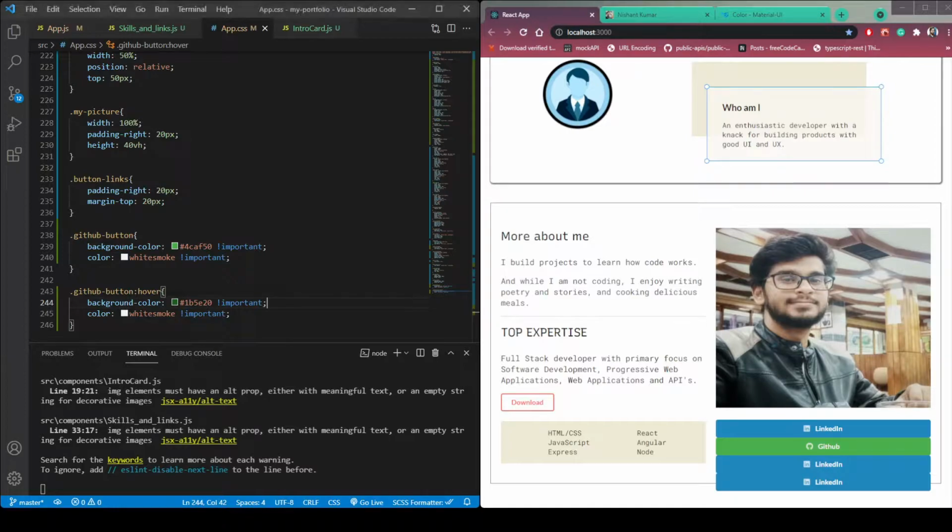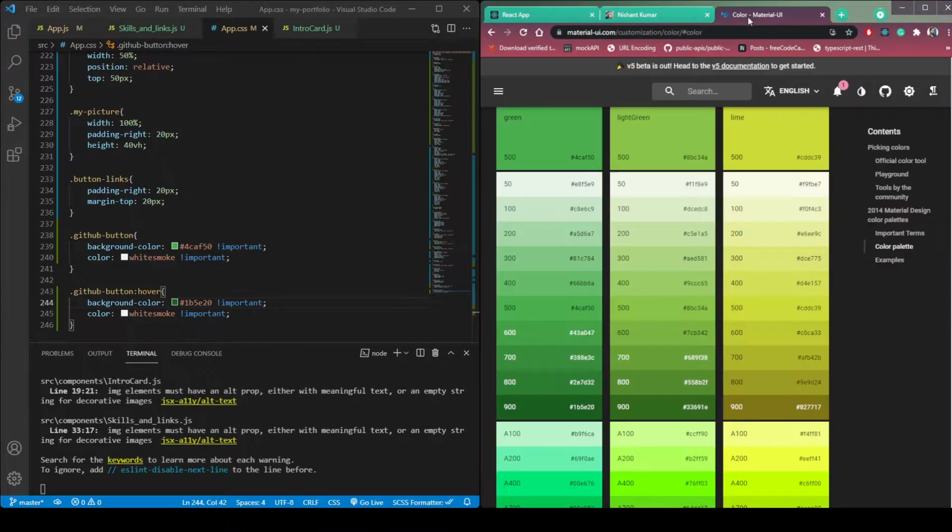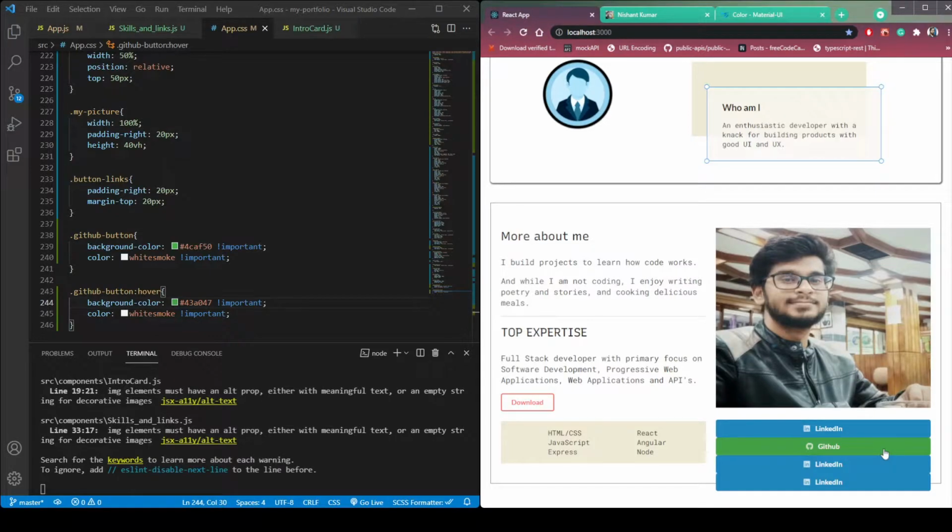But on hovering on this GitHub button, the color is too much dark. So let's change the intensity. Let's use the 600 version. So copy and paste it. Now we see, if we hover, we can see our GitHub button change to a little bit darker version of green.